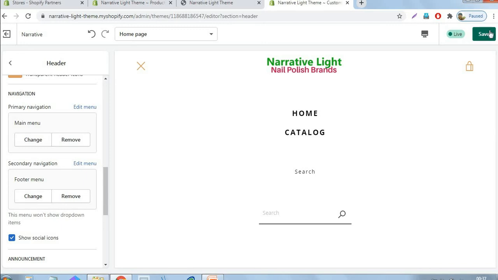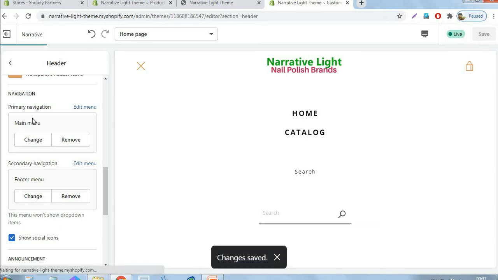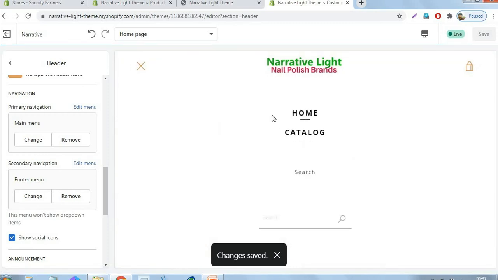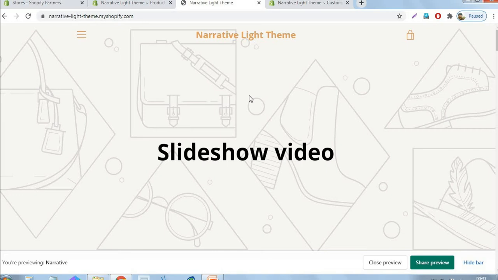Okay, we still haven't created the navigation menus, so we will do that. Before updating the theme settings and homepage optimization, I suggest creating the menu items, because we will use the menu items at the top of the website, and also in the front side, also in the footer side.